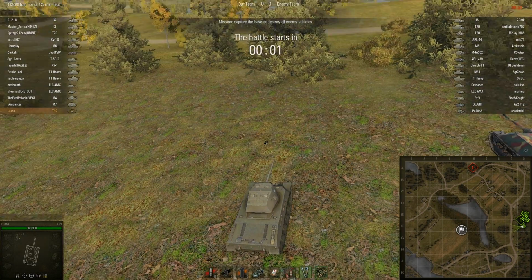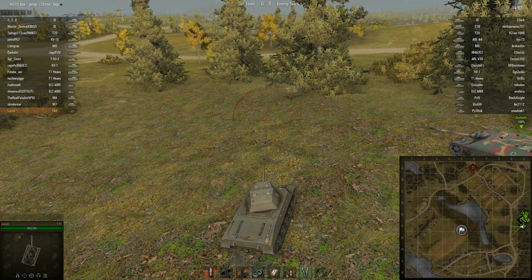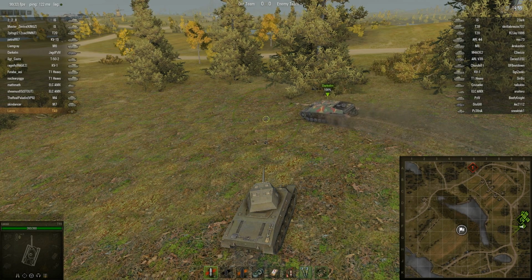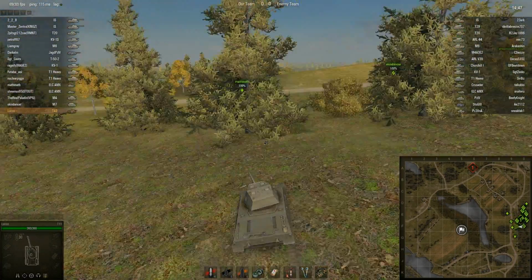As you know, the encounter battle requires that you either capture the base or destroy all enemy vehicles. It's the same as a standard battle, but you have only one base instead of each team having their own. So it's a neutral base that you both have to go for to try and capture or destroy the enemy